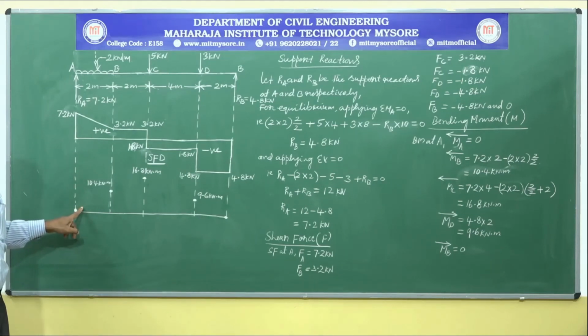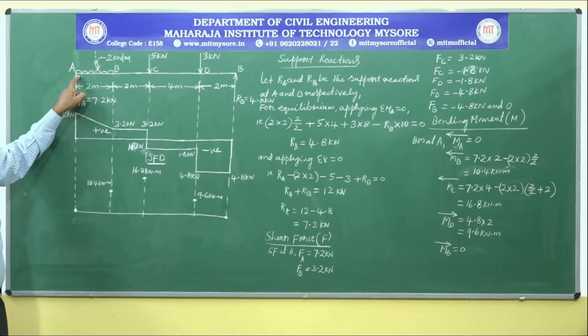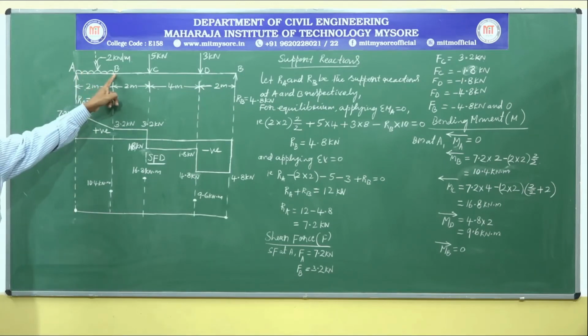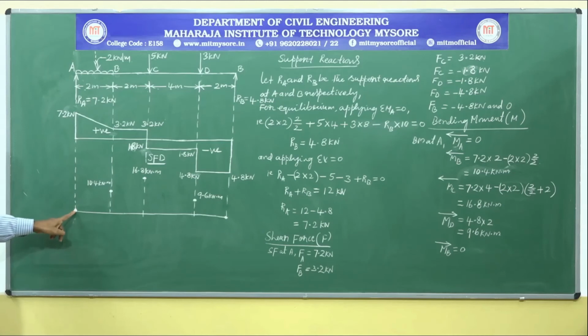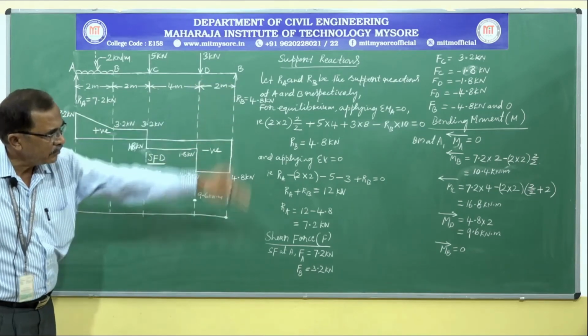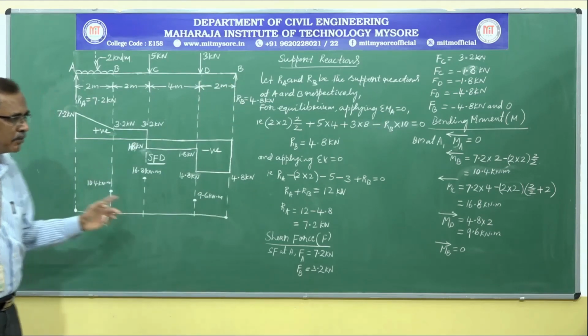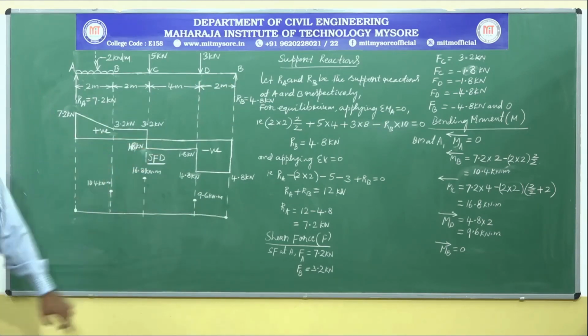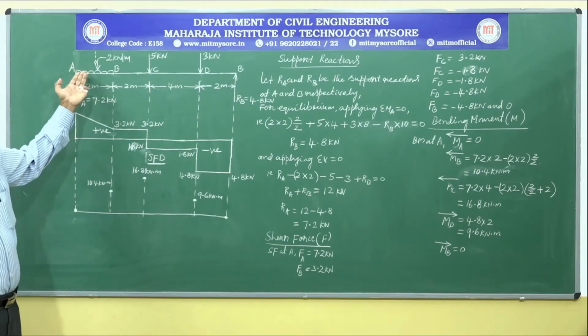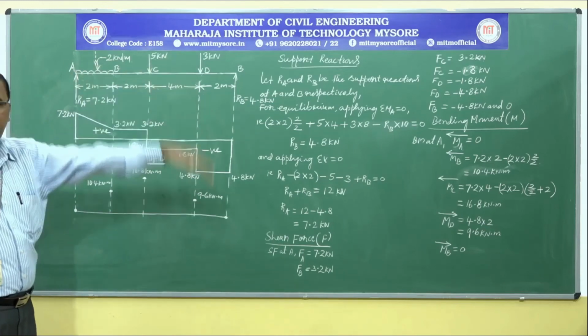Variation of the bending moment diagram for a point load, there is no change, and variation of the bending moment diagram for a uniformly distributed load is a parabola. We start from the origin, and we proceed in the forward direction till we reach the last point. In whatever order we calculated the bending moment, in the same order we keep on joining the points by following the procedure for variation of the bending moment diagram for various loading conditions.